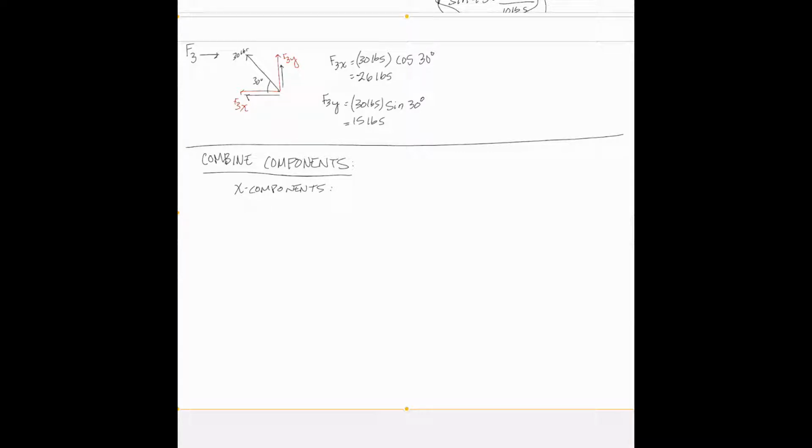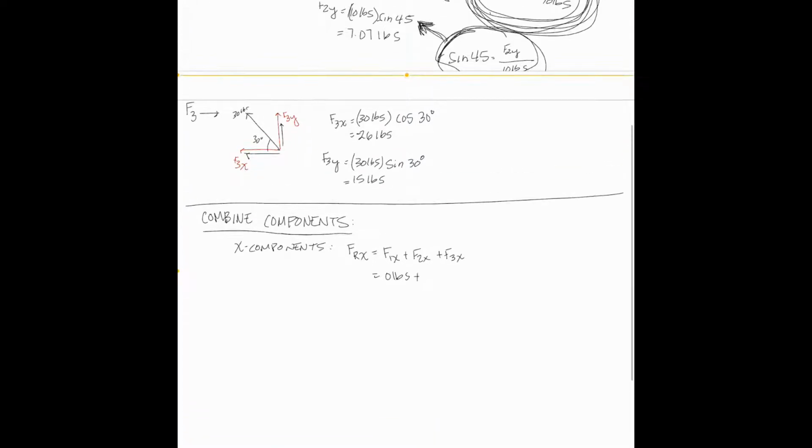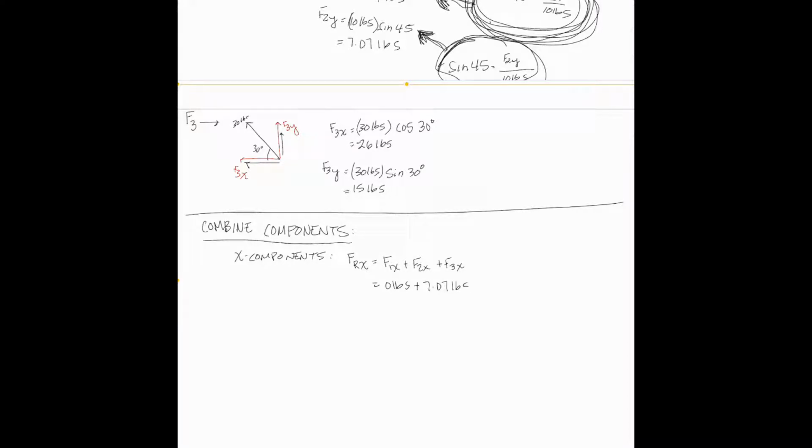And you can literally just add them up. So your F resultant in the x direction is going to be equal to F1x plus F2x plus F3x. So F1x was 0 pounds, F2x is 7.07 pounds, and our F3x is negative 26 pounds, for a grand total of negative 18.9 pounds. Now, every teacher or professor is going to be a little bit different on how they want you